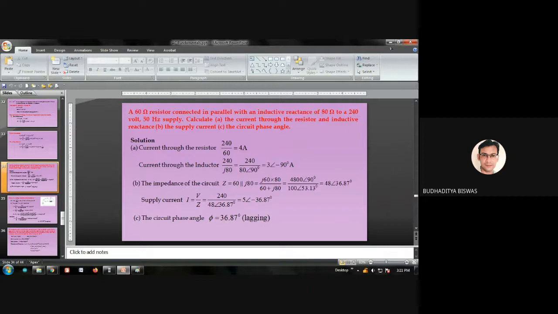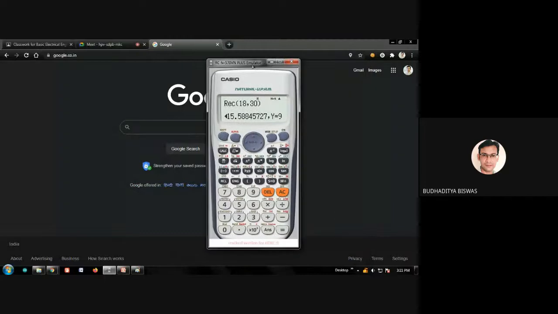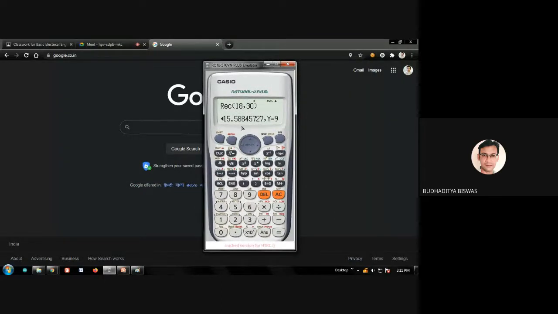Now any queries? So my request is that whatever calculator you have at home, please try at least 5 to 6 times how to convert polar to rectangular, rectangular to polar. The scientific calculator I have, the FX82MS, doesn't have any polar or rectangular option. Do one thing: after the class, just take a very clear picture of your calculator in front and send it to my WhatsApp. I will give you the steps for converting polar to rectangular, rectangular to polar.